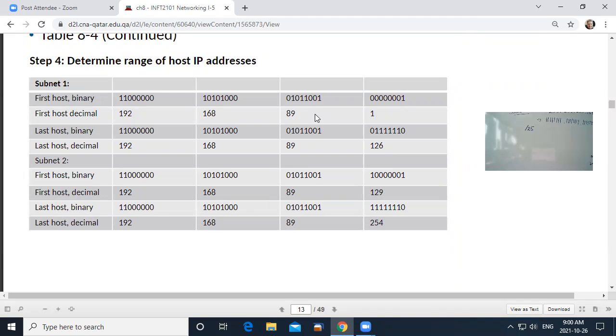That's 252. When we had a single network, we had 254 addresses available. Now we've only got 252. So we lost 2 because we created a new network. Two networks here. This is network 1, network 2, where we started off with one network. Now we've got 2. Each of them has a smaller number of hosts in them. So when we do subnetting, we get more networks and we get fewer hosts in each network.